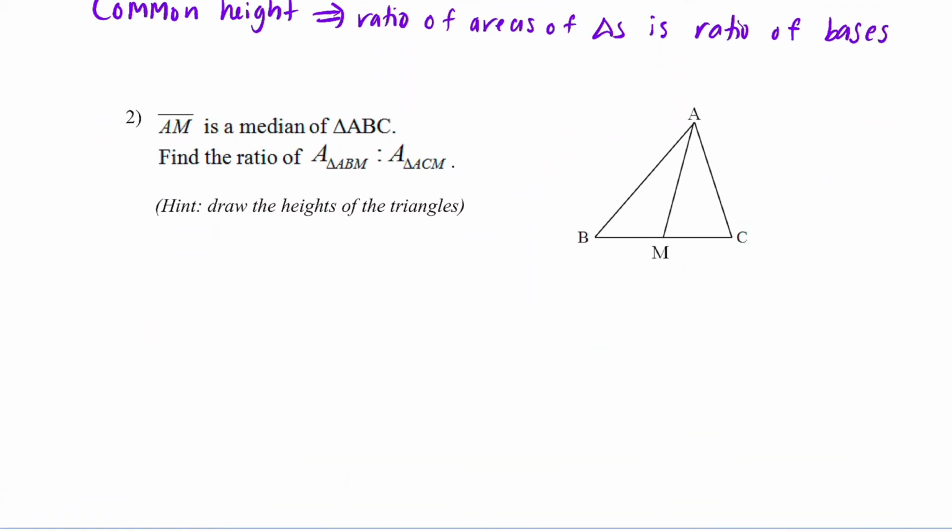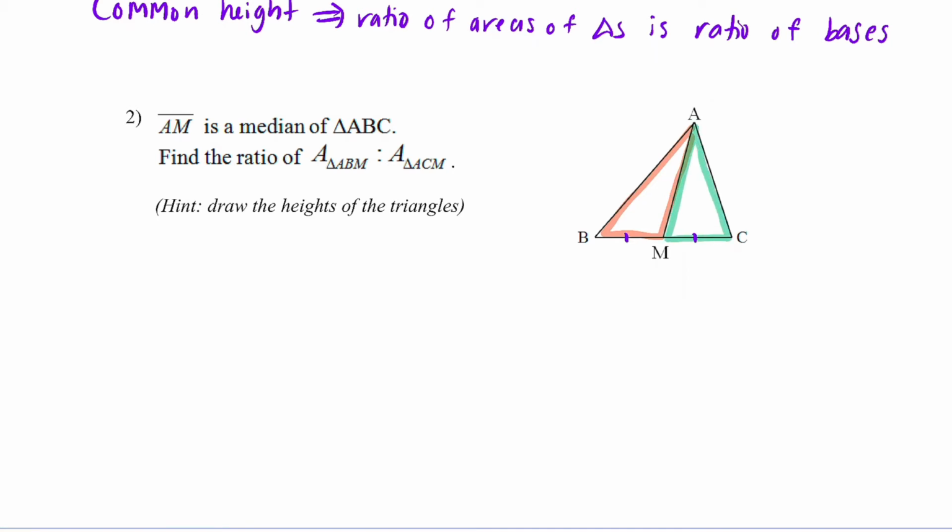Next up, this problem here is in a similar vein. We have some triangles here. It says AM is a median of triangle ABC. Remember that a median bisects the side to which it's drawn. So that means segment BM and MC are congruent. It asks us to find the ratio of triangle ABM. So make sure we know our triangles, this one, to triangle